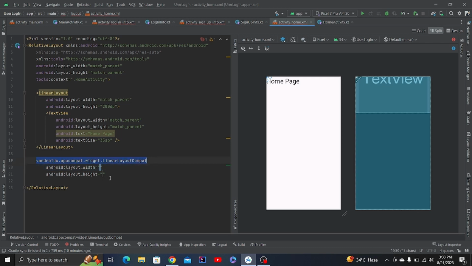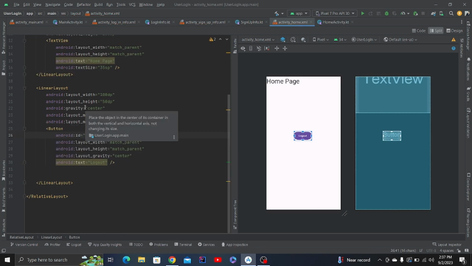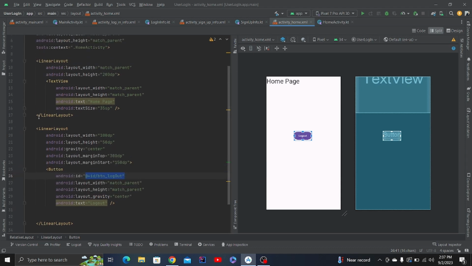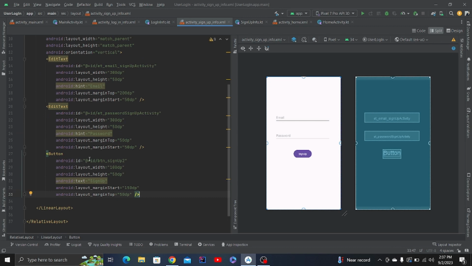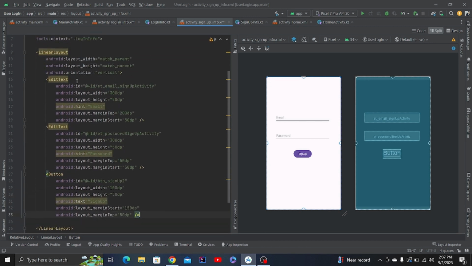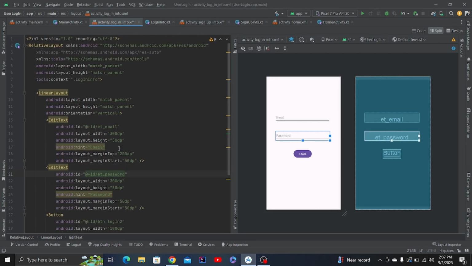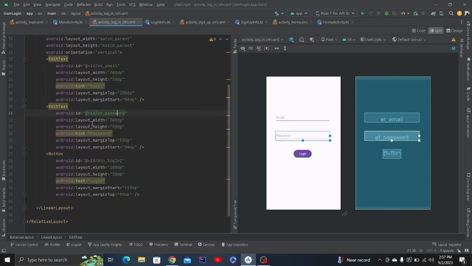Just change this. So we were designing our activity_home.xml, and in this file we designed our linear layout. Inside that linear layout I made a button and gave some ID to that button, and I also gave IDs to all the view components that are needed. As you can see in all of the XML files, I have added the ID to all the view components that are needed in our project's